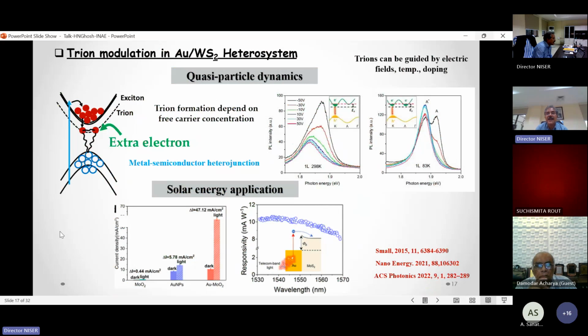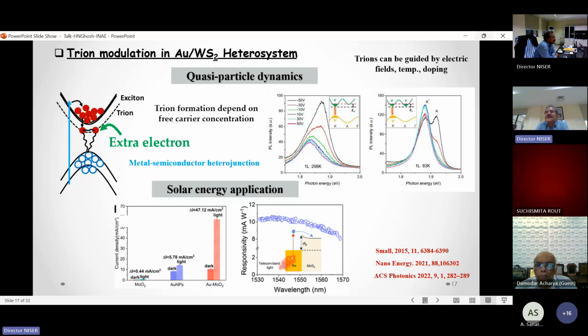Now the next question is, how do you know that we are telling this is due to trions? Because we are expecting it can be a positive trion, it can also be a negative trion. So what we did, we took gold. Now in this case, gold we did not take as a nanoparticle. We take it as a plasmonic material. Okay, so gold plating we did. So in the WS2 and gold system we did. And what we have observed